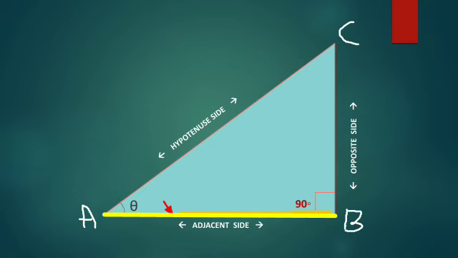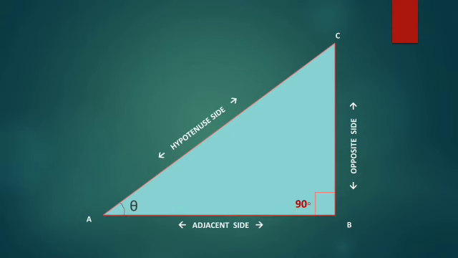Now I repeat: the portion which is below the angle theta, that is the side AB, is called the adjacent side. The portion which is opposite to the angle 90 degrees is called the hypotenuse side, and the portion which is opposite to the angle theta is called the opposite side. Now to get perfection in identifying hypotenuse, adjacent and opposite sides, let us take another example